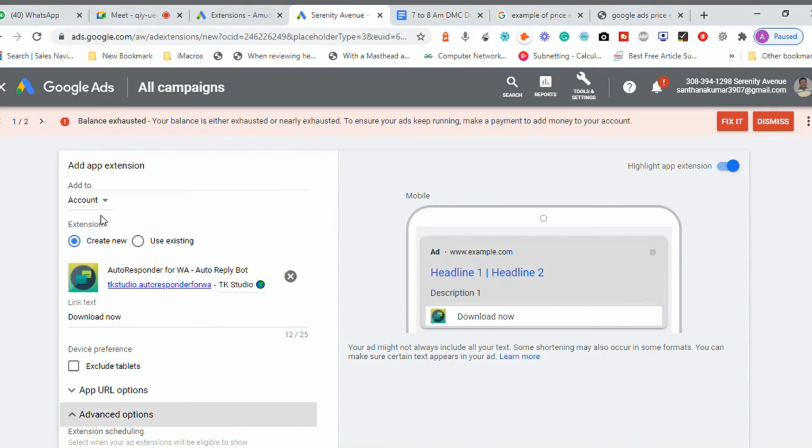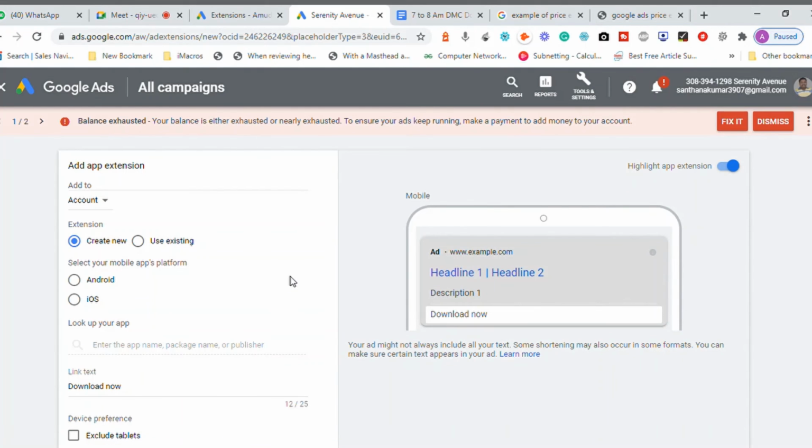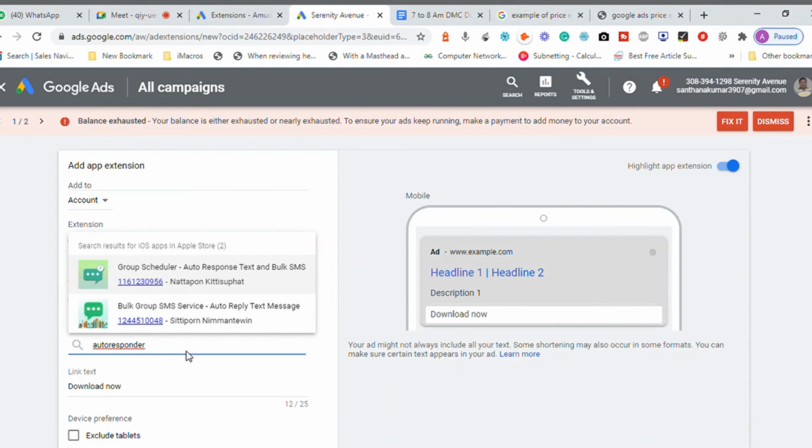If you are trying to add an iOS application, then you have to click on the remove button. Click on iOS and try to search for the same Autoresponder for WhatsApp. I'm not sure whether they have an autoresponder application for WhatsApp. Let me try to search something like autoresponder.